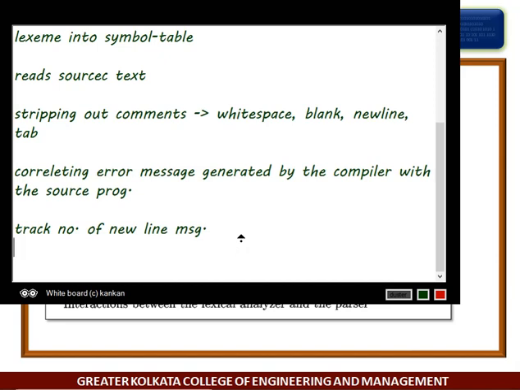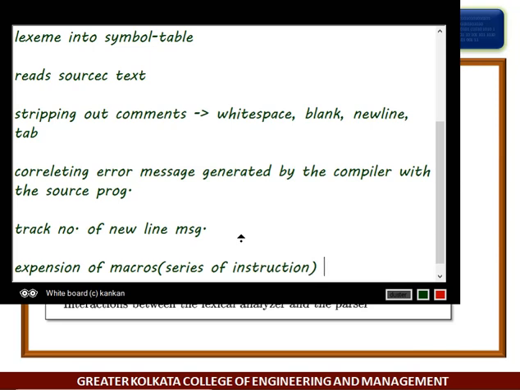Expansion of macros, you may know, is a series of instructions. Here it must be compatible with the current compiler.